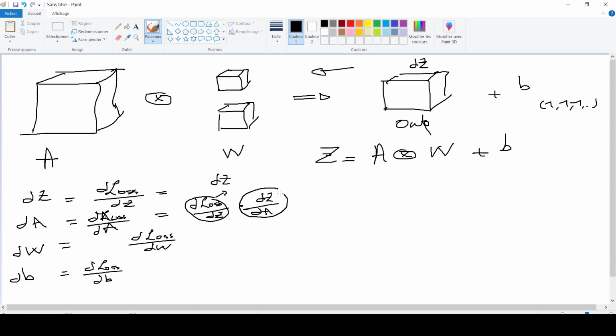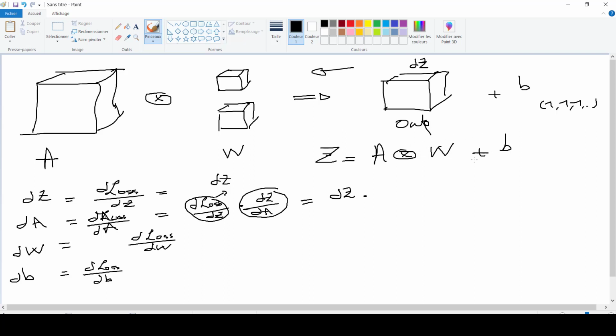And now I should calculate dz with respect to A, so that I can finally have dA. I hope you understand me. So it's going to be dz times something. Now let's calculate the derivative of this z with respect to A.